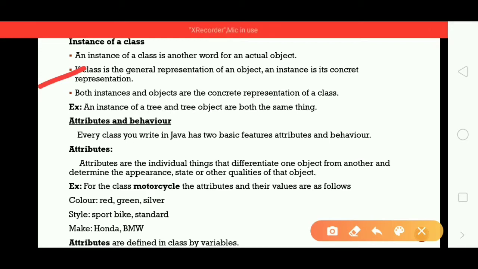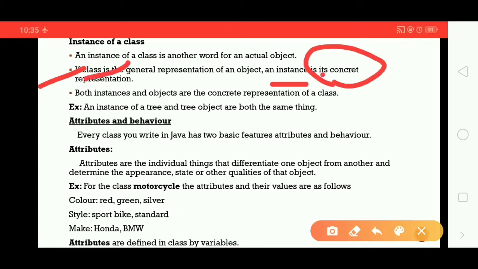That main implementation of the tree object is done by an instance of the class, because an instance is its concrete representation. Here it means the class tree. Instance is its concrete representation. It gives the complete information, complete implementation about the class.